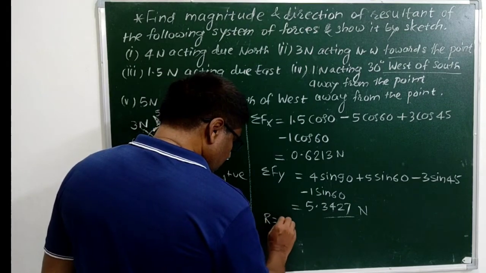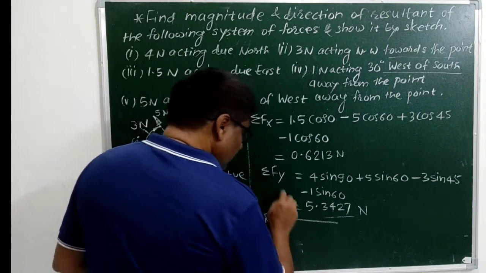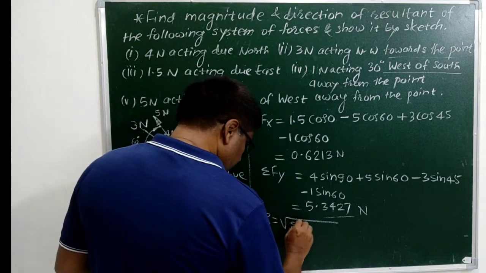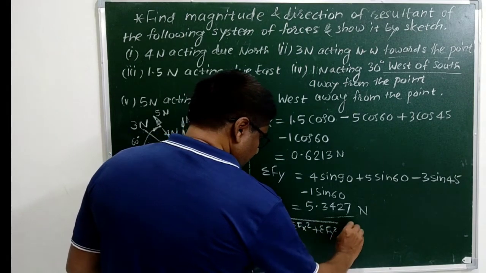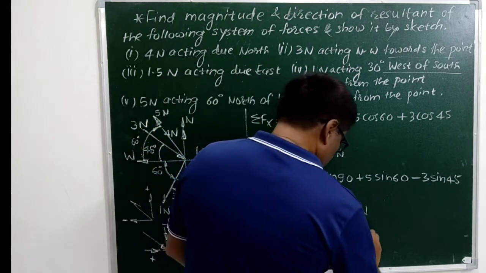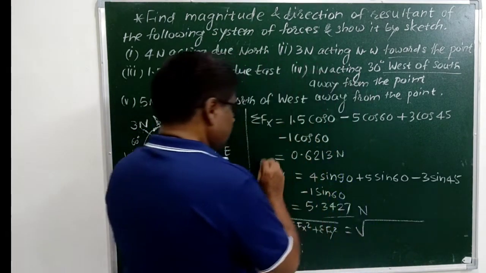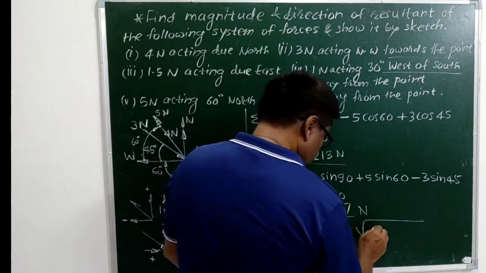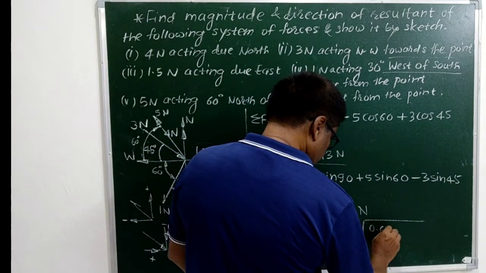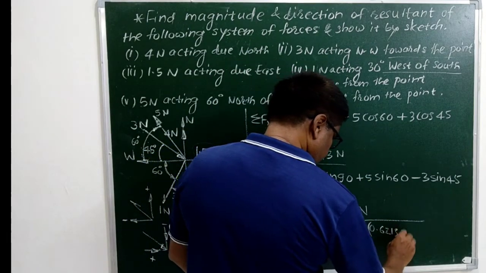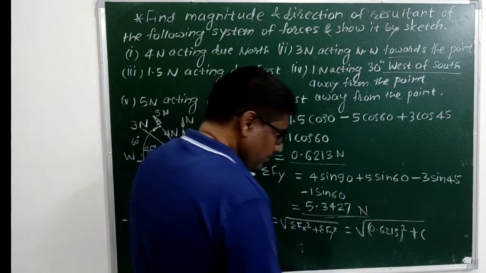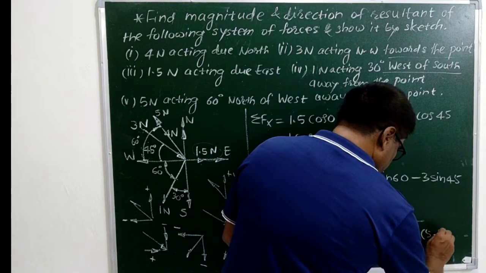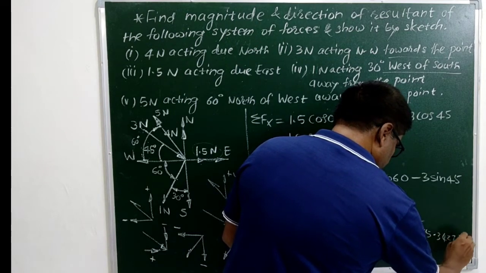The resultant is given by R equal to the square root of sigma Fx squared plus sigma Fy squared, equal to the root of sigma Fx value 0.6213 squared plus sigma Fy value 5.3427 squared,